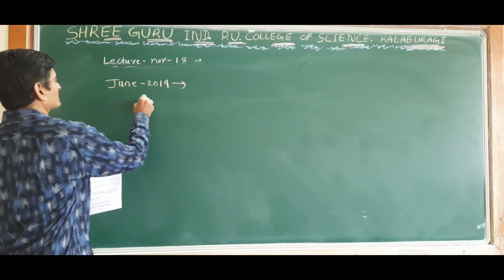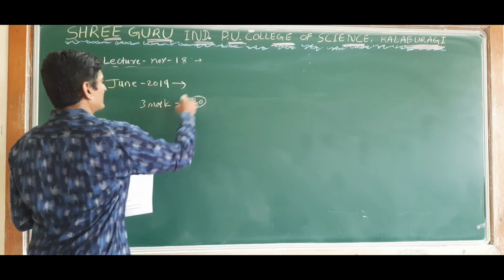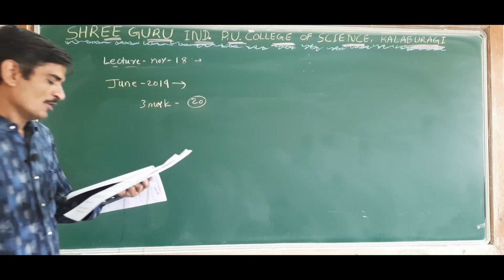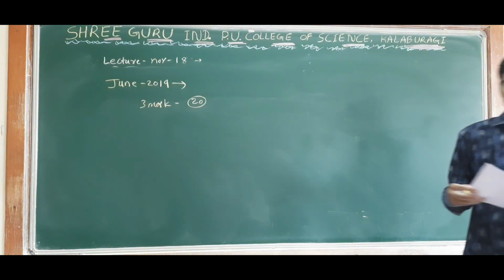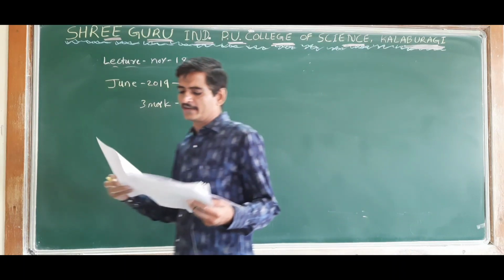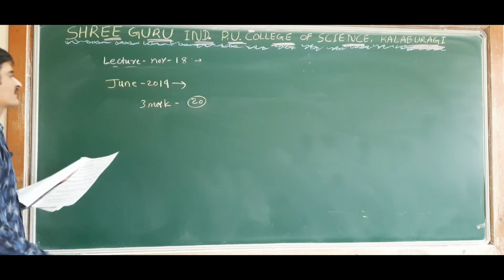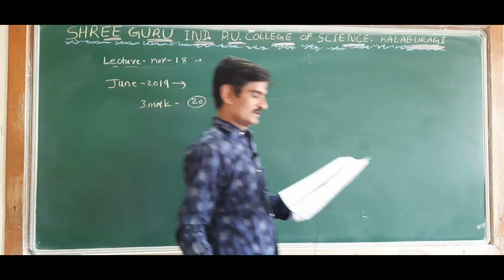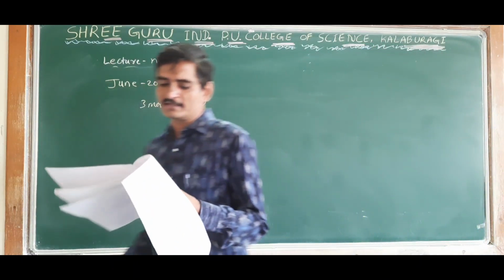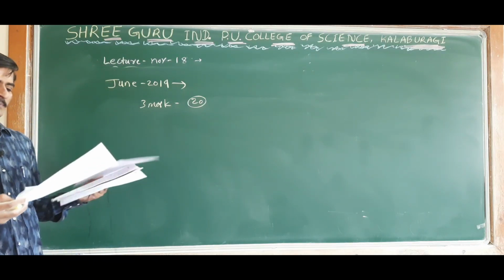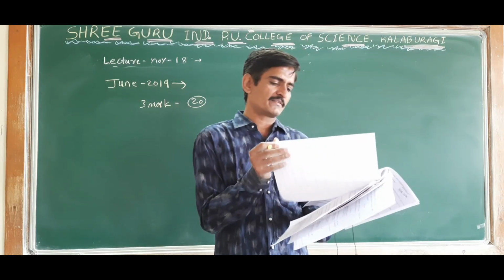Okay, see here. A 3 marks question they have asked, question number 20: Obtain an expression for effective capacitance of two capacitors connected in series. Simple. This is June 2019 question number 20. For 3 marks they have asked, obtain an expression for effective capacitance of two capacitors connected in series. You have to derive the series combination, that is for 3 marks.